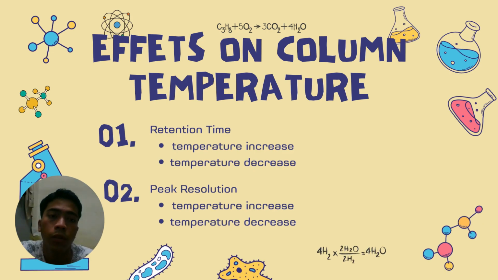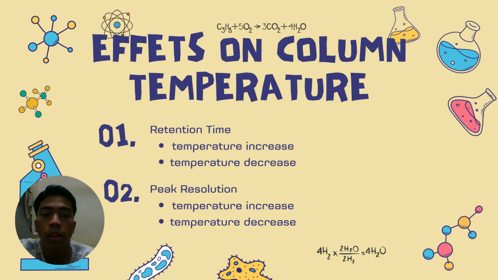To discuss the effects of reducing and increasing the column temperature on retention time and peak resolution, we have concluded that if the column temperature is increased, the analyte molecules gain more kinetic energy and interact less strongly with the stationary phase. As a result, compounds travel through the column more quickly, leading to shorter retention times. In practice, this means peaks appear earlier on the chromatograph, which shortens the total analysis time. However, when the temperature is too high, compounds may elute too rapidly, causing peaks to become narrower and close together,